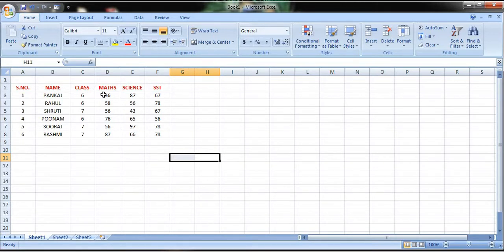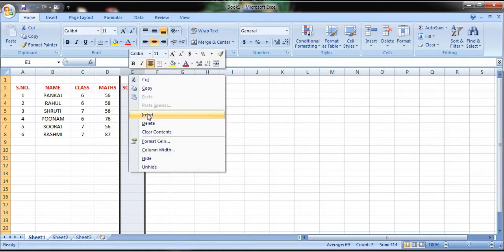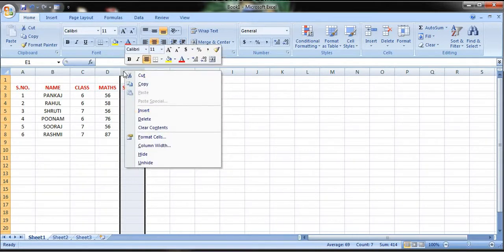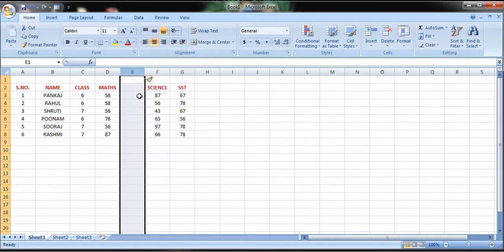And if I want to insert a new column, suppose between maths and science I want to insert the subject English. So after maths I want one more column, right, in the E. So in the column heading I will select and click on the insert option, see.